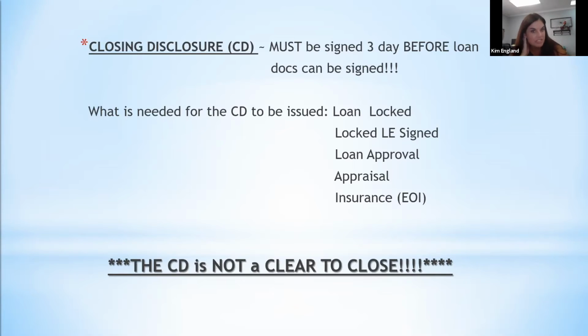I do get a question often, after the closing disclosure or the CD has been out and signed. Sometimes we get calls from realtors saying the sellers didn't want to do a repair, so we're going to issue a credit. Credits are fine. Credits are not going to hold up your loan docs. It's always okay to lower a borrower's closing costs. Always okay. So take the credit. If your closing disclosure is out and signed, it's completely 100% okay to get a credit. So just keep that in mind too.